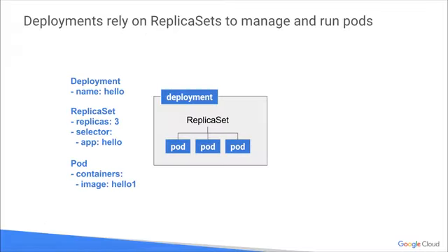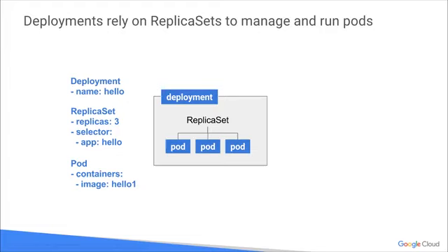Deployments really rely on replica sets to manage and run the pods. Deployments allow you to name a set of pods to ensure that the number and the state of the pods run in an equal manner, matching the desired number and state of pods that you have indicated within your YAML file or your configuration itself. Behind the scenes, the deployment relies on these replica sets to manage and run any given number of pods at any given time.